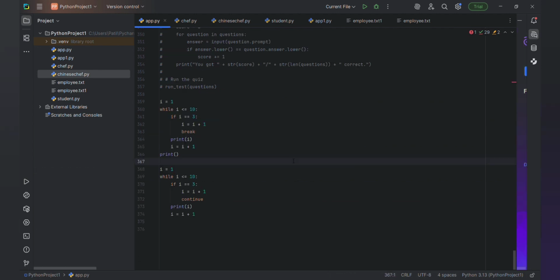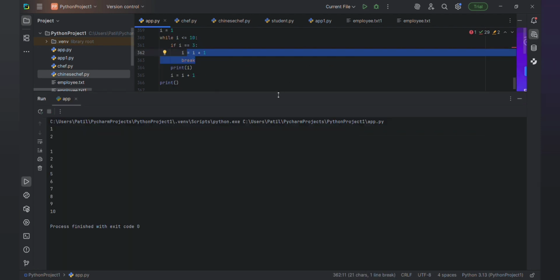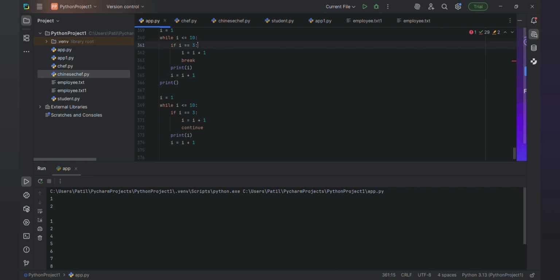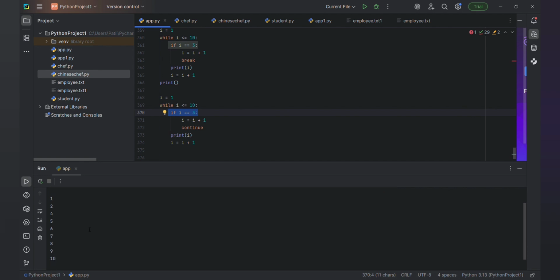See, what we are discussing is break and continue statements. So here this is the break statement, this is continue. How it will work, I will tell. Let me run this. Break means it will break the statement if that is equal to 3, and continue means it will skip this 3 and print the next statements. It will continue: 1 2, 3 is not there, 4 5 6 up to 10.